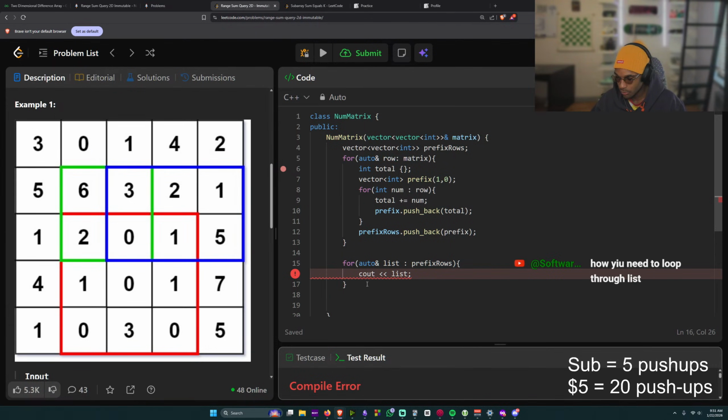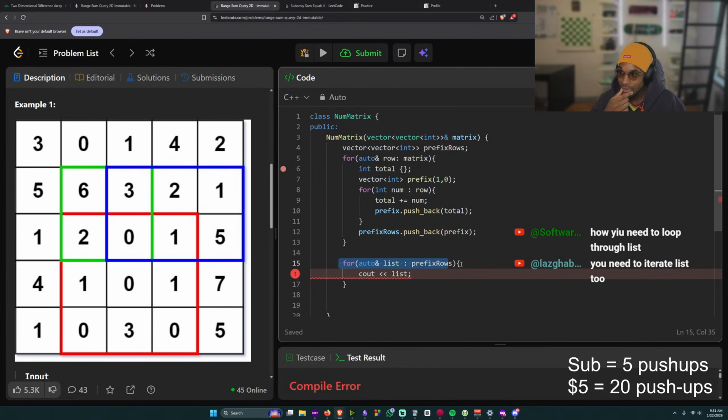How you need to loop through first? I did loop through the whole entire thing. I just want to print each vector. You can't print a vector. You need to iterate through the list. Why does this language not allow you to print a vector? So it's impossible to print a vector.